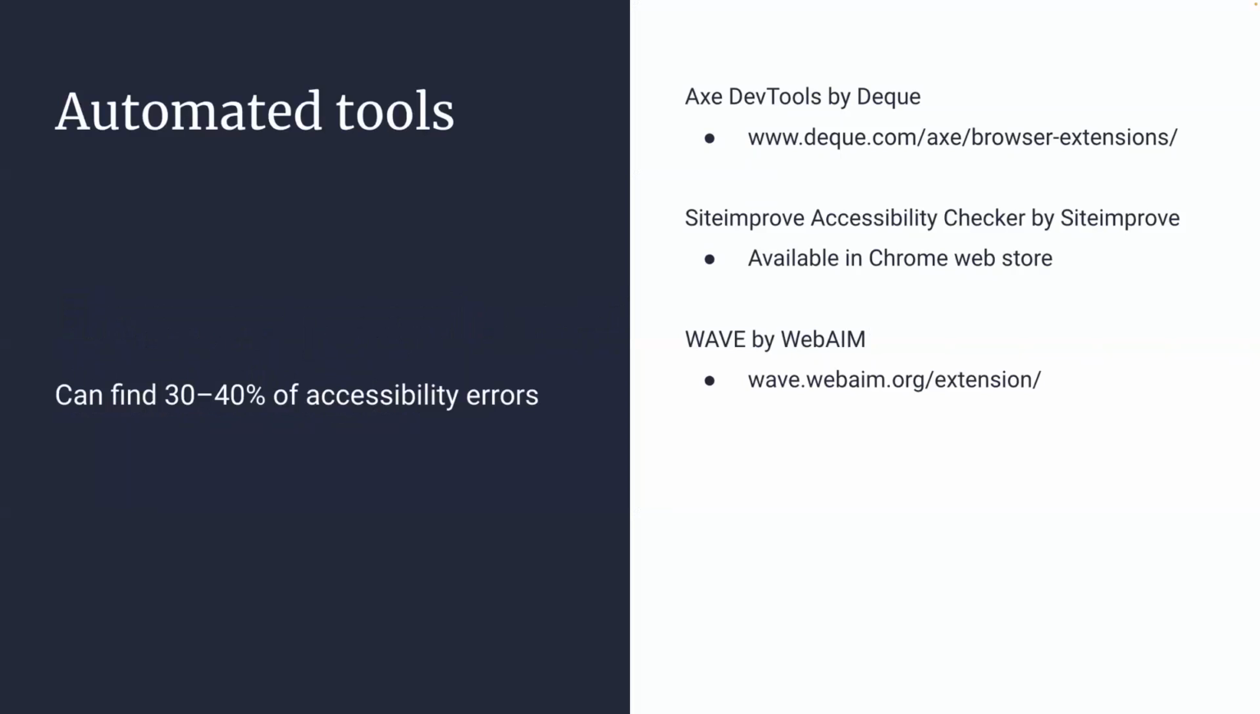Automated tools can find about 30 to 40% of accessibility errors on a website by scanning the HTML and looking for conformance errors. These plugins are run from the browser on demand and are a great way to get quick feedback on a page. Most, if not all, accessibility plugin tools share a common database of issues they check against, but the way each checker runs might be a little bit different, so it's a good habit to check a couple of them just in case. Some good free extensions include Axe DevTools by Deque, which is available at